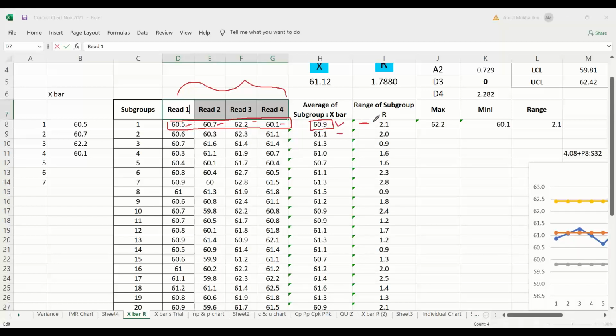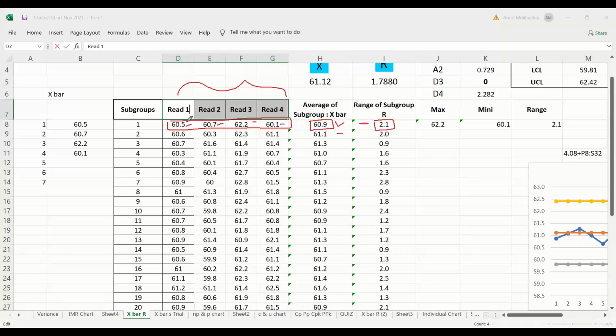How do you calculate the range of a subgroup? Is it the difference between two readings?